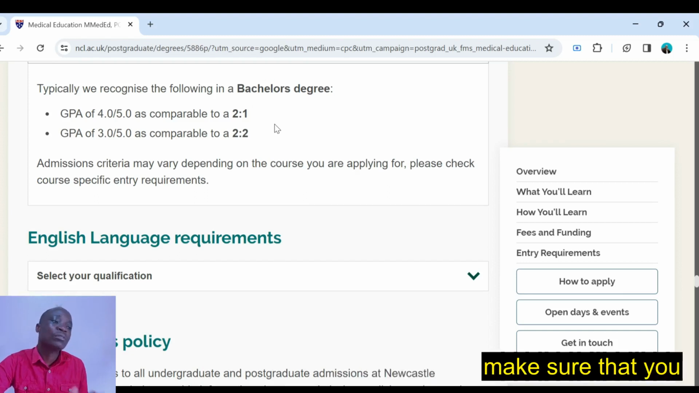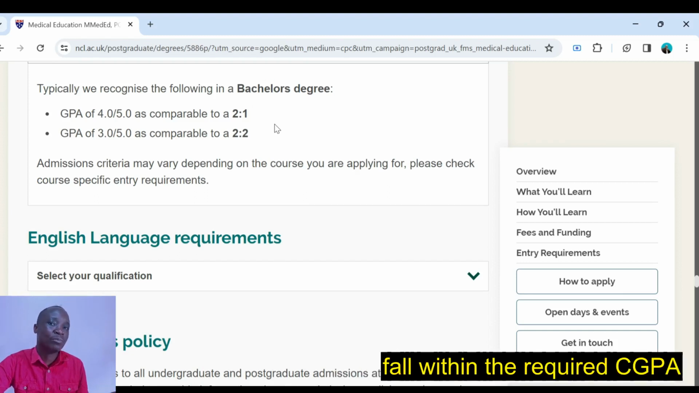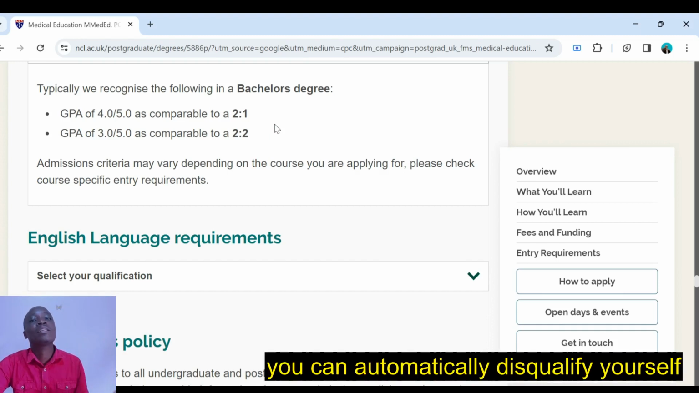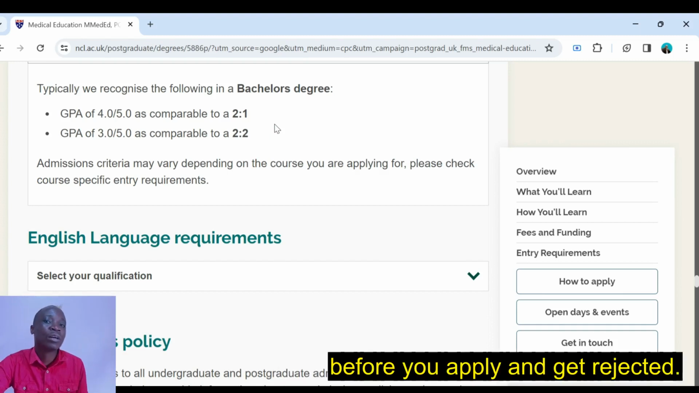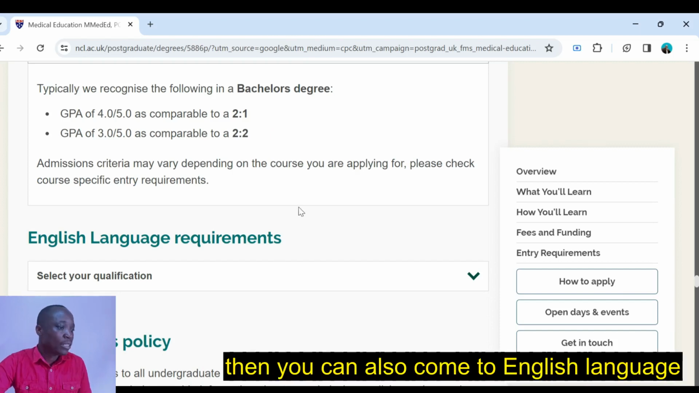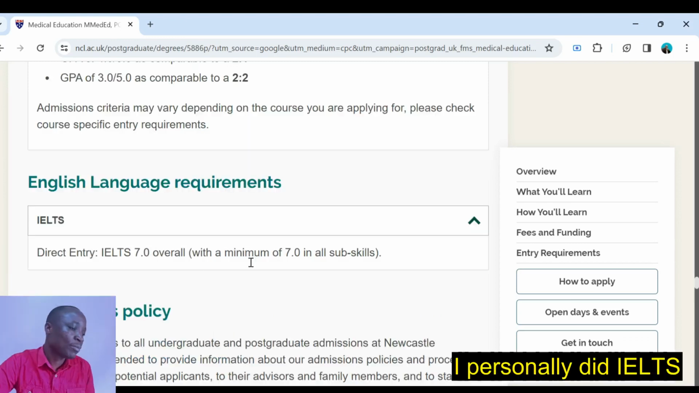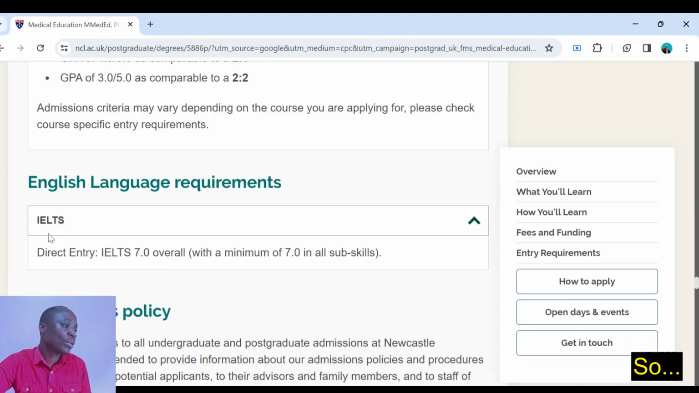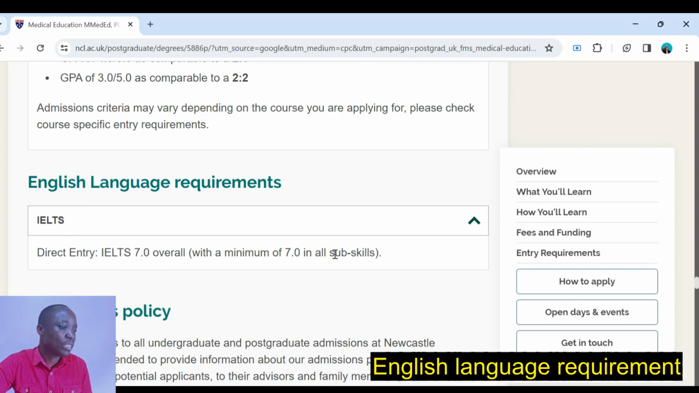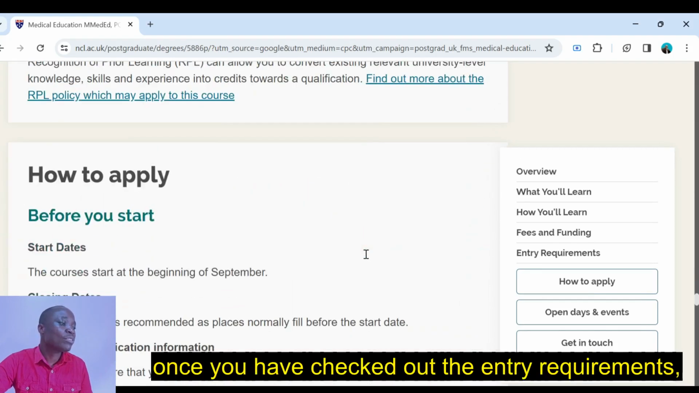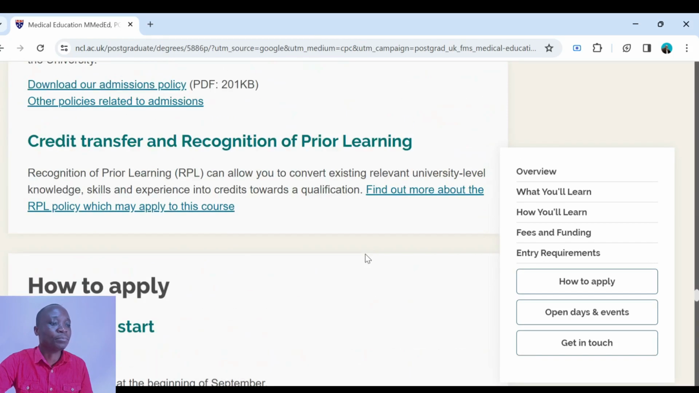Make sure that you fall within the required CGPA, because otherwise you can automatically disqualify yourself before you apply and get rejected. Then you can also come to English language. I personally did IELTS, so you can check. This is the English language requirement. Make sure that you are also within it. So once you have checked out the entry requirements,